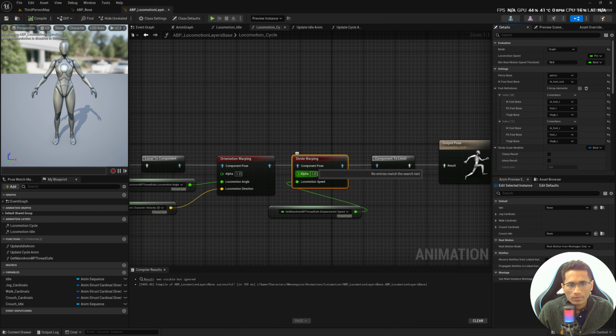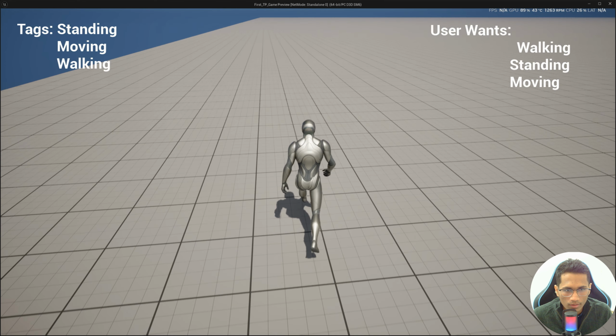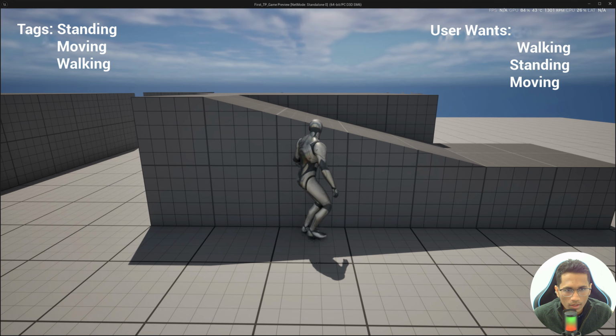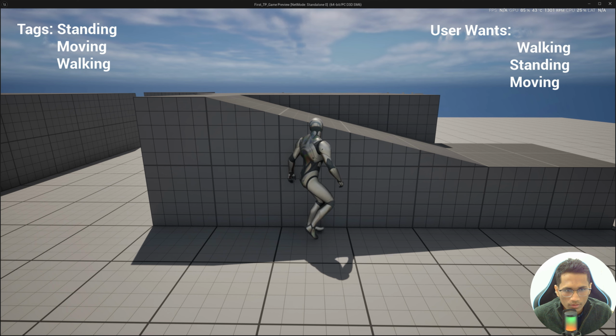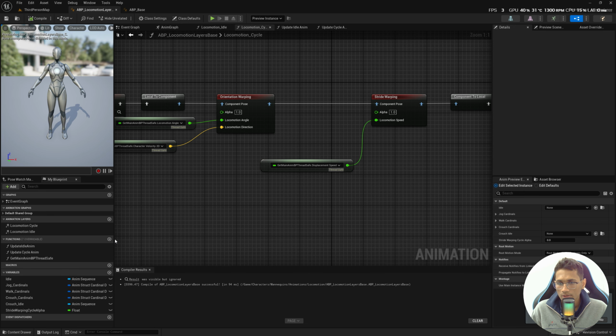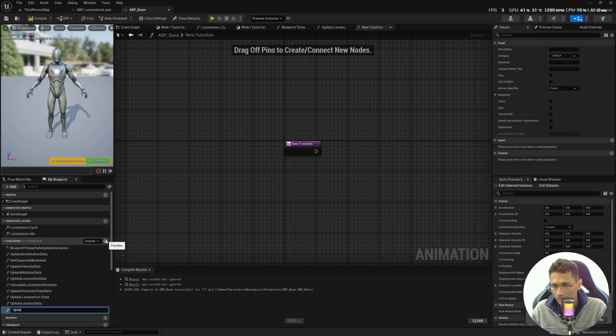Now leave alpha for now, and now you will see your foot is no longer sliding, instead you are lifting it up. Okay, but now if you go to the wall and start running into it, you see this is the behavior. So I'm going to create a function that is going to detect if I'm running into a wall every frame. So let's go into our ABP base and we will create a function, name it update wall detection,